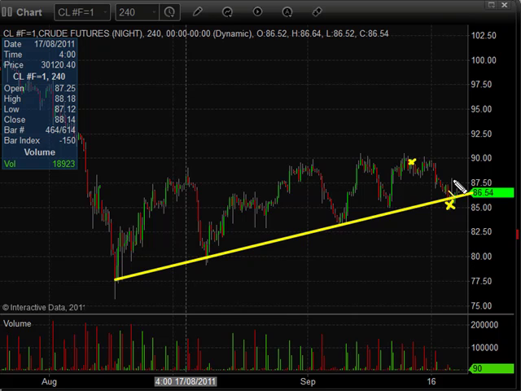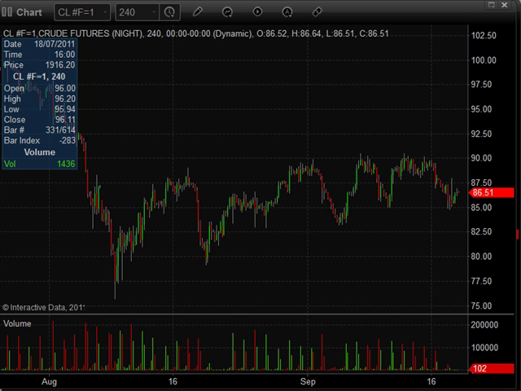We got a little bit of a bounce in the overnight trading, came back down, and it's trying to hold this level, but it really doesn't look all that bullish right now, and this could be the beginning of a much larger fall, and that would coincide with a nice run up in the US dollar index also. So that's kind of where we stand on crude oil and our current position there.